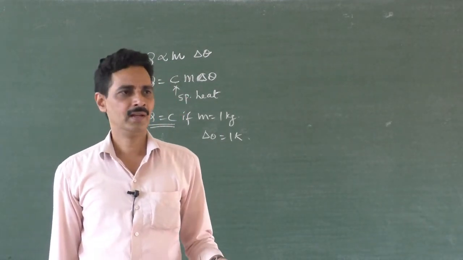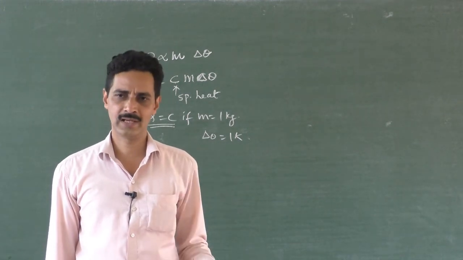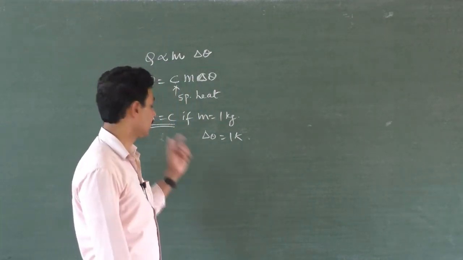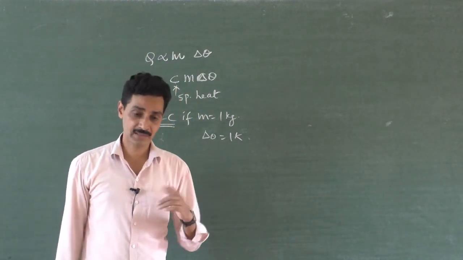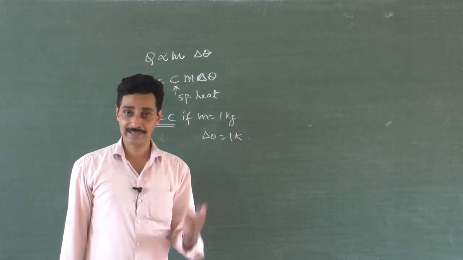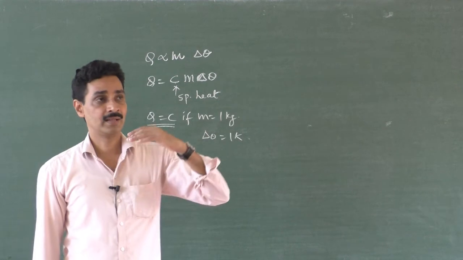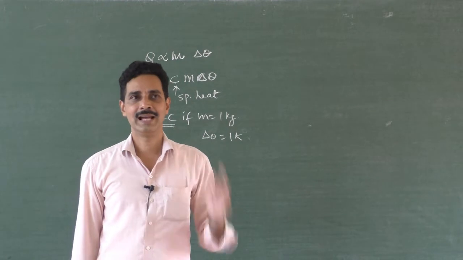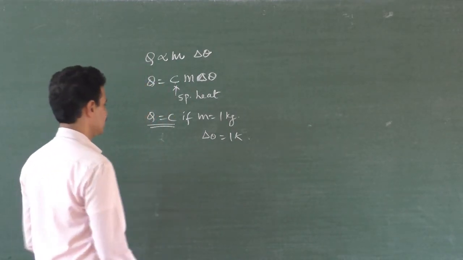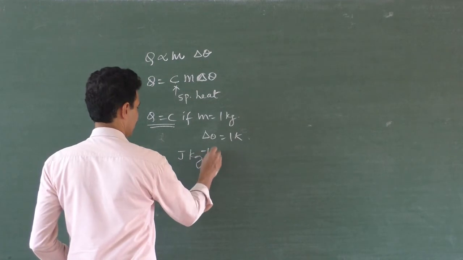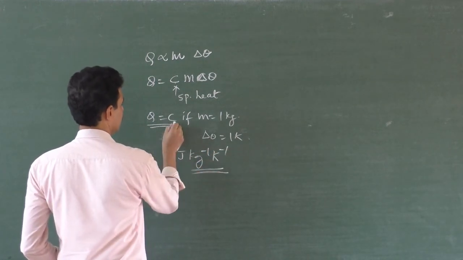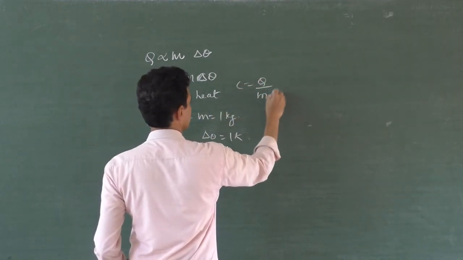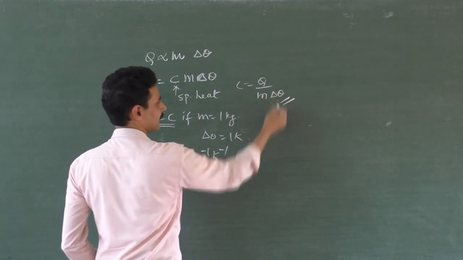Take 1 kg only. Compare it with a 1 degree Celsius rise or 1 Kelvin rise. It is one and the same. How much heat energy is required? That is called specific heat. So the amount of heat energy required to raise the temperature of 1 kg of the substance by 1 Kelvin is called specific heat. That is in the SI system. But in general terms, it is the amount of heat energy required to raise the temperature of unit mass of the substance by unit value of temperature. That is called specific heat. And the unit of specific heat, you know, is joule per kg per Kelvin. Right? Because C means Q by m by delta theta, Q by m, Q by delta theta. Joule per kg per Kelvin.